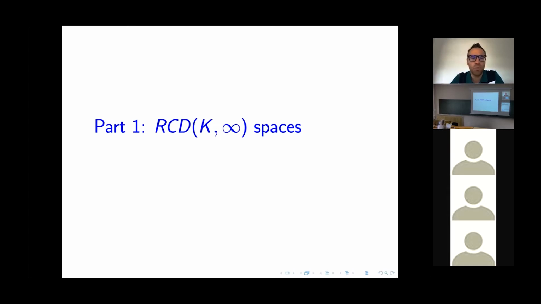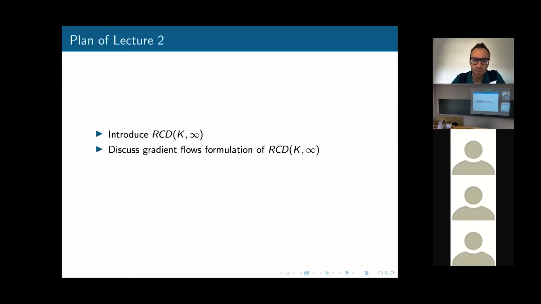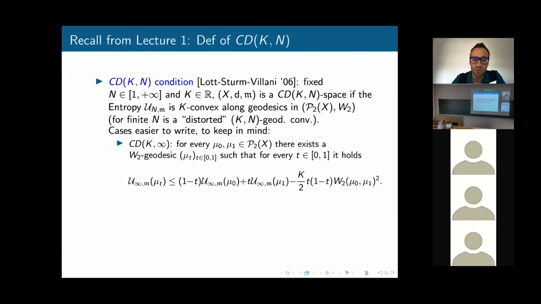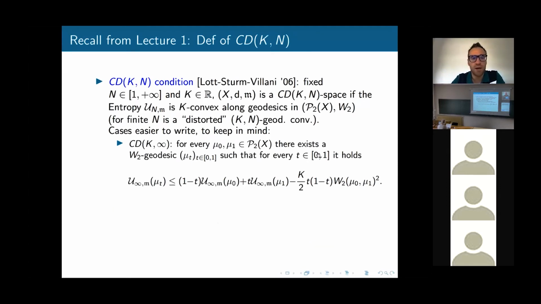Okay, so what I will discuss in this series of lectures is the Ricci lower bound. And the Ricci lower bound, as we just saw, let me go back to the slides, is convexity of the entropy for any two probability measures, mu0 and mu1, absolutely continuous with compact support. In any case, you can take any two probability measures, even very far away, and ask for convexity along a geodesic connecting them. So they could be very far away.